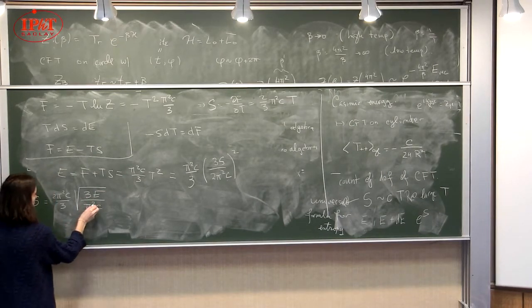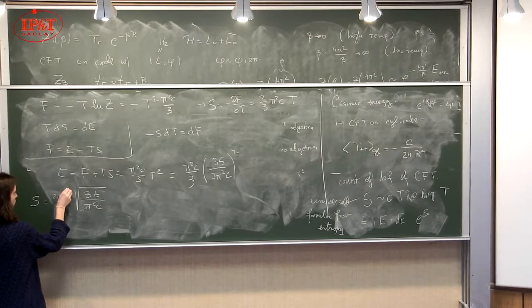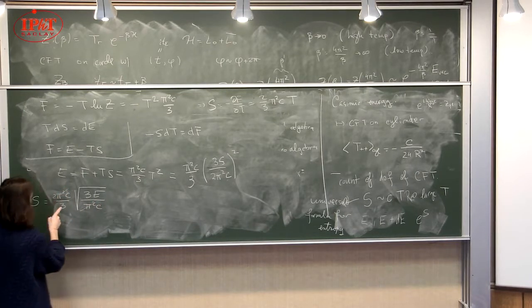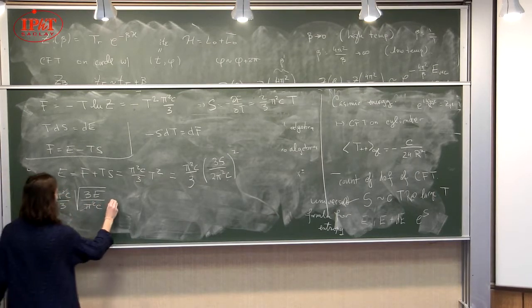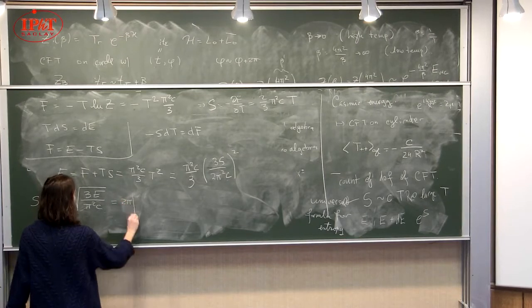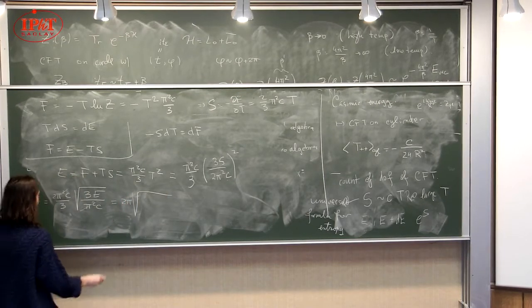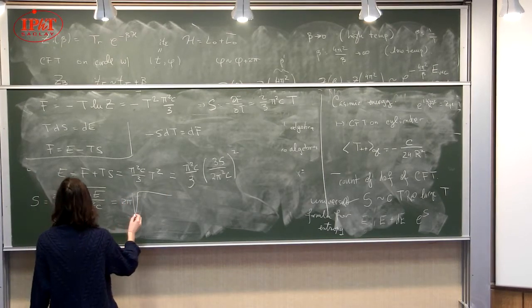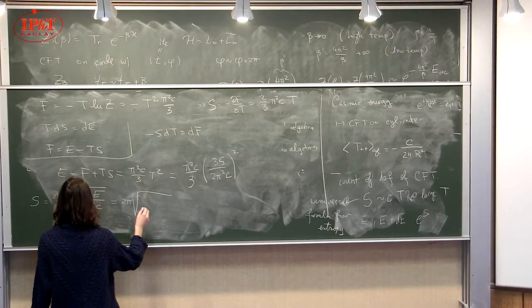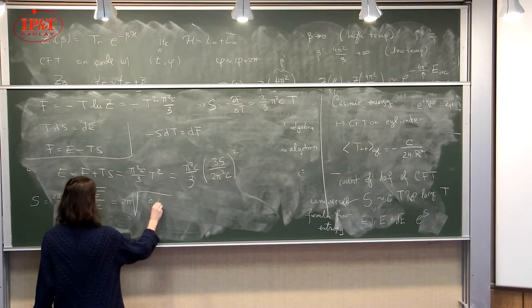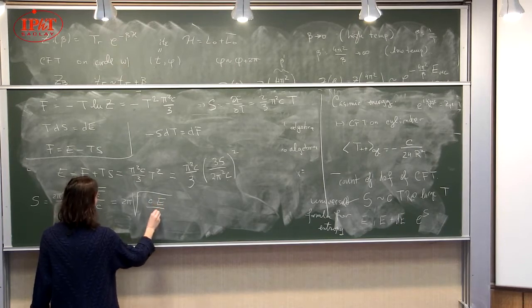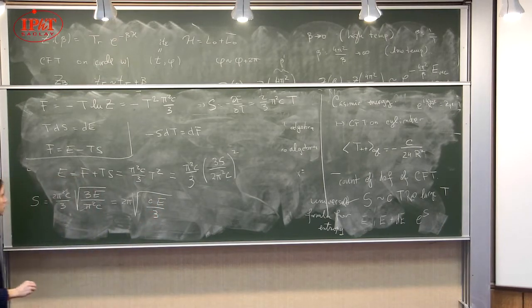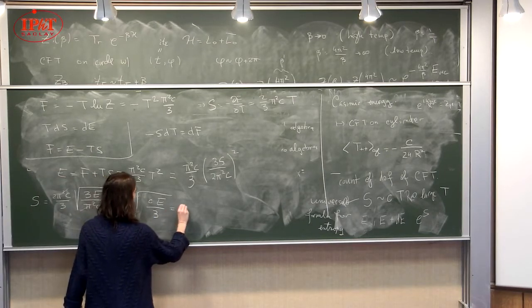Okay, so the pi squared here goes with one pi there. And let me put the c over 3 inside. So what I get is 2 pi square root of cE over 3, which is also